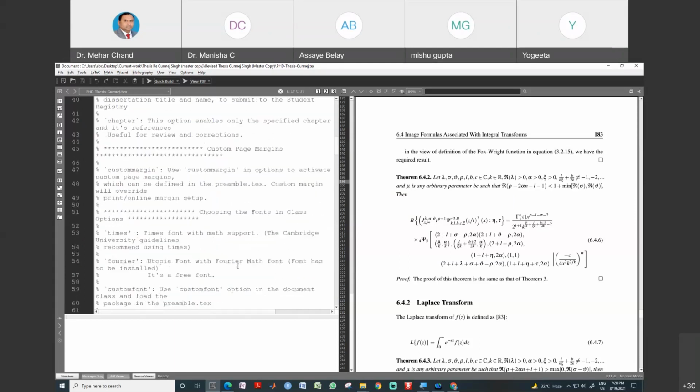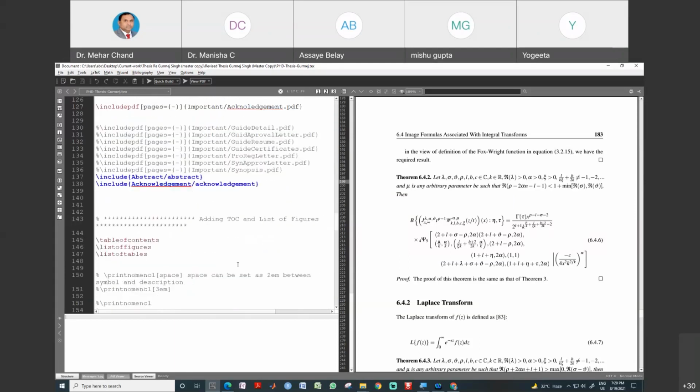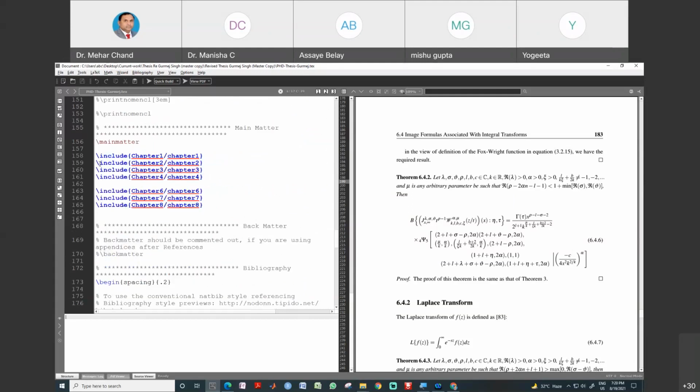All the chapters are separated in each file. Okay, and if you want to work in any particular file, you can hide these chapters. If you want to work only in one chapter, you can press Ctrl T and comment all the other chapters. Ctrl T is used to comment the file. So only this chapter will open and execute, and all the rest of the chapters will be hidden.